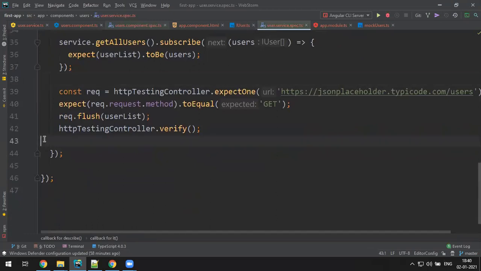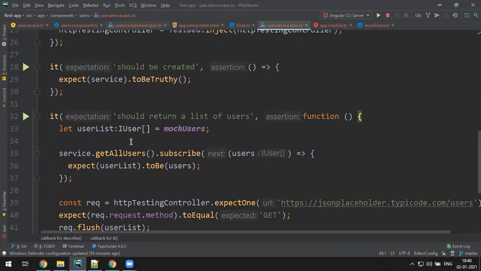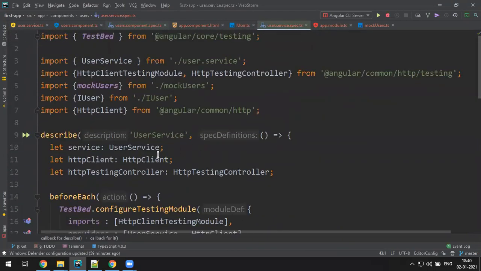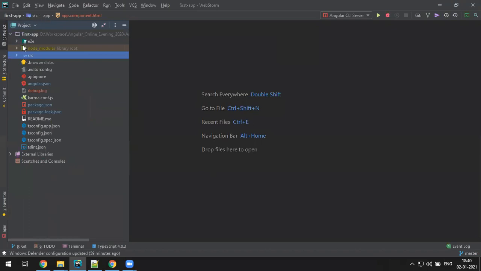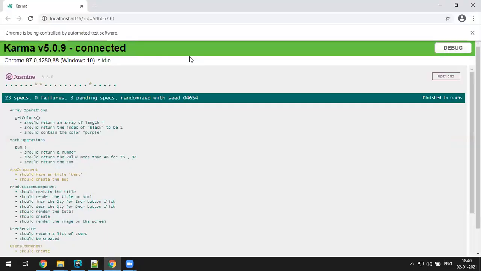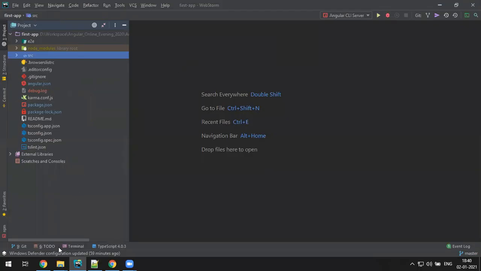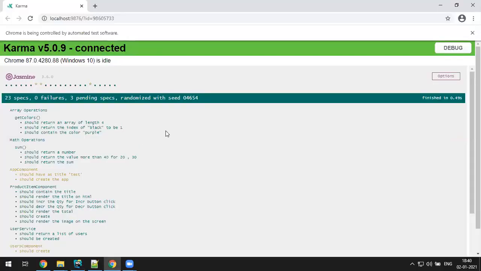Okay, so this is how you write test cases, and if you want more information then please refer to the official documentation of Angular for testing so you understand this. Okay, according to your application logic you have to write test cases. So that's all fine, and one more thing is how to generate the test coverage report. Okay, because your manager expects you to generate the test coverage report and you have to just showcase.